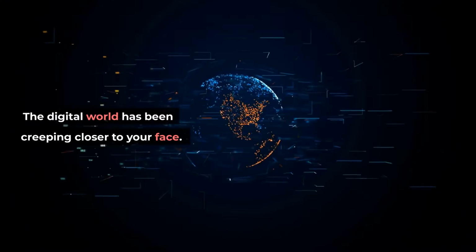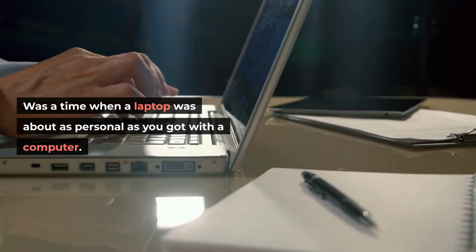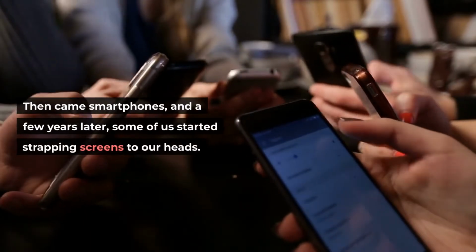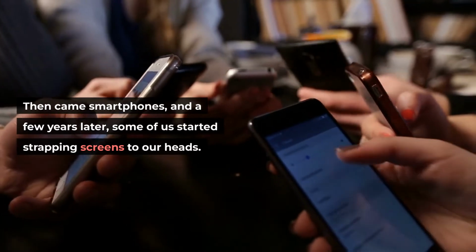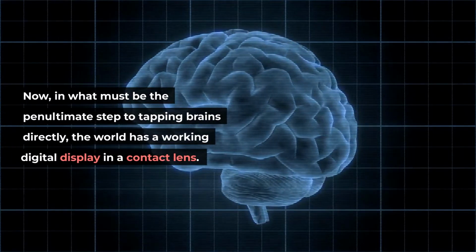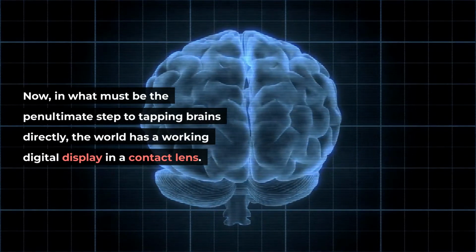The digital world has been creeping closer to your face. There was a time when a laptop was about as personal as you got with a computer. Then came smartphones, and a few years later, some of us started strapping screens to our heads. Now, in what must be the penultimate step to tapping brains directly, the world has a working digital display in